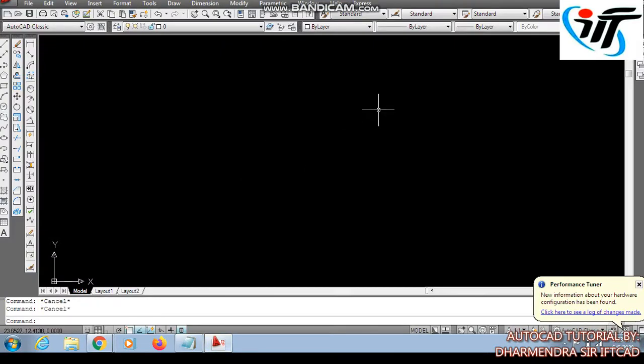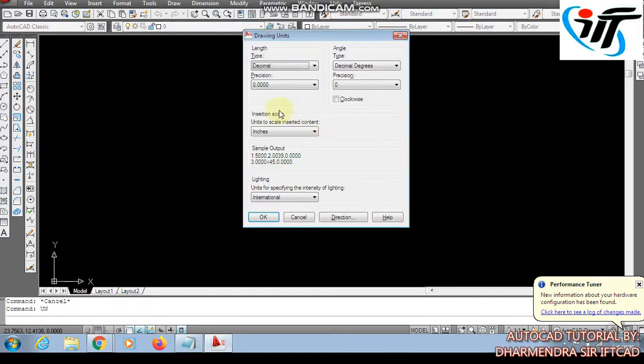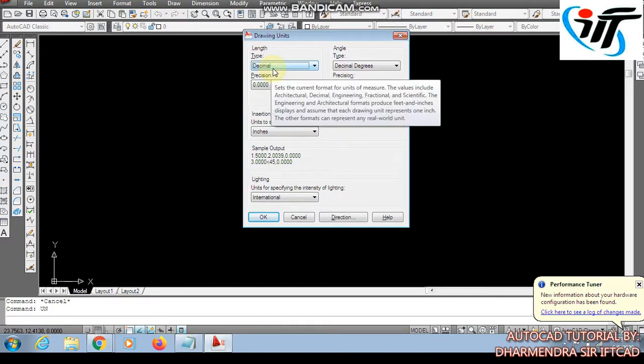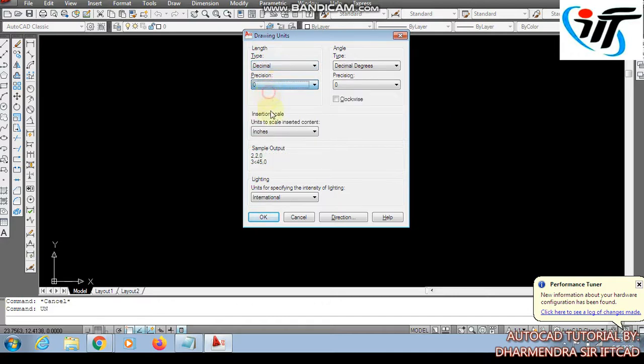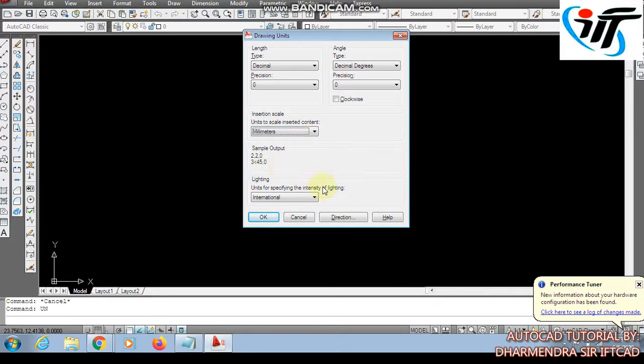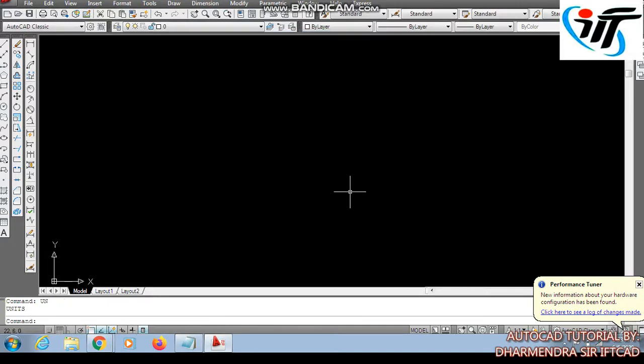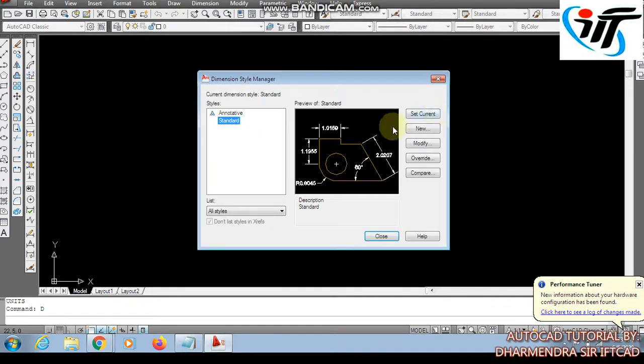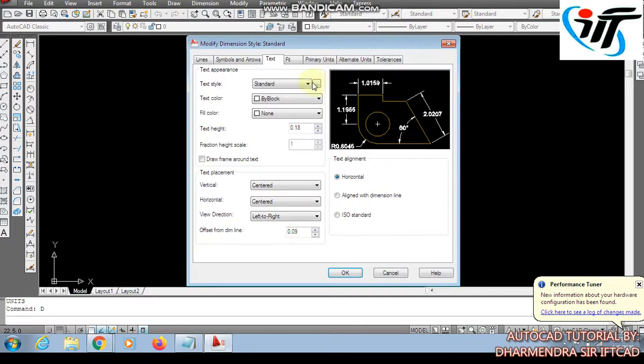setup unit. Before starting your command, you will set length type decimal and precision 0. Insertion scale I am taking here into millimeter. Then OK. Now dimension style manager. For dimension style manager, we need to press D. Then go to modify.